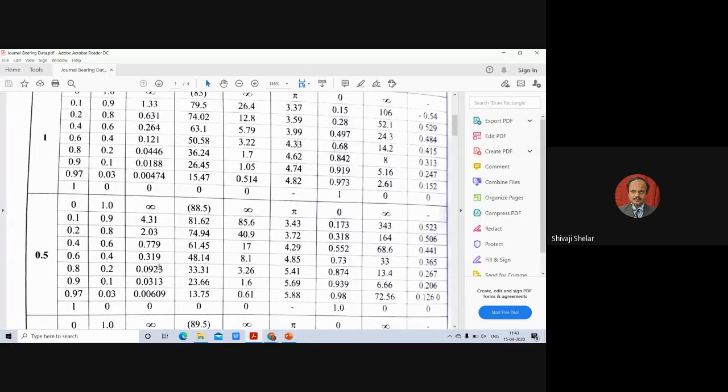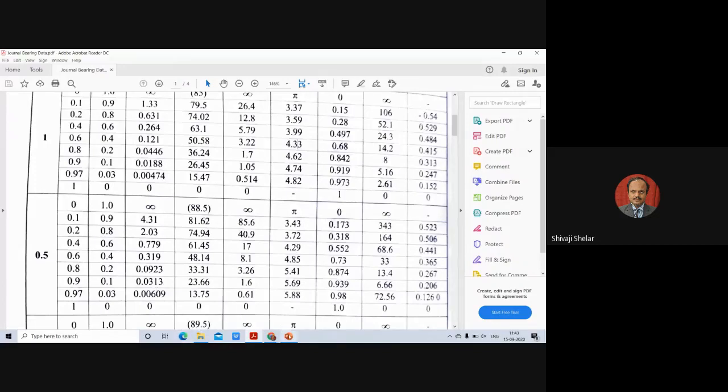Our value is in the range from 0.18. If you look at this column here, 0.18 is between 0.319 and 0.09. So your epsilon value will be in the range from 0.6 to 0.8. So you have to exactly determine the epsilon value. Once you determine the epsilon value, then you can determine h0 also. To determine that, you have to use linear interpolation ranging from this value to this value for the corresponding Sommerfeld number, with epsilon ranging from 0.6 to 0.8, and get the correct epsilon value.